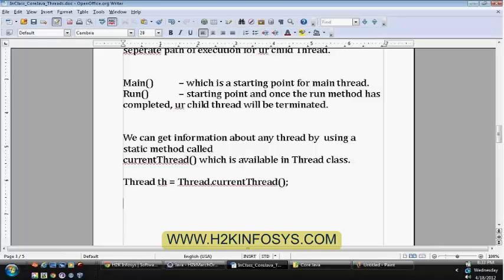Where will you be executing this particular statement, the current thread? In the main method. We'll talk about the remaining threads later, but first of all, we're discussing only the main thread.